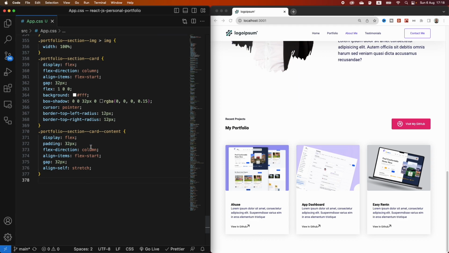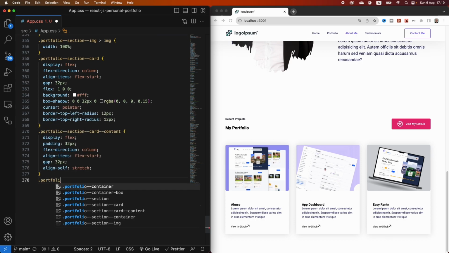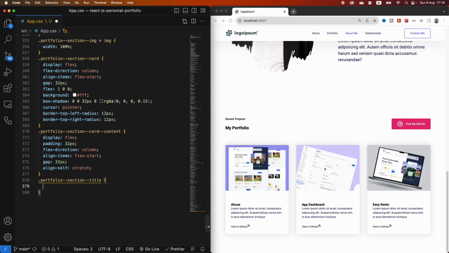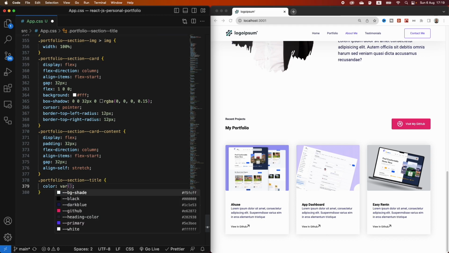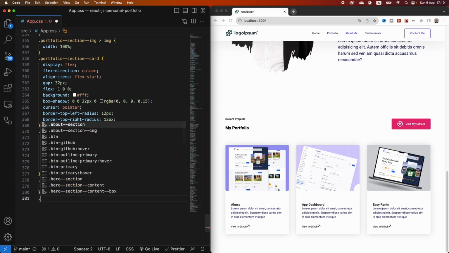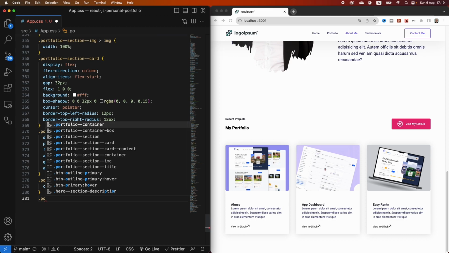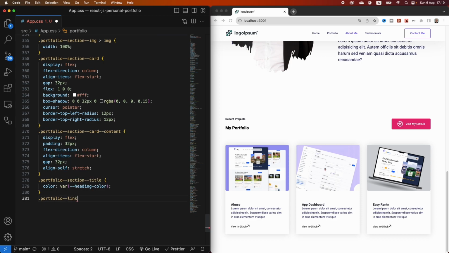Now we can move on under our portfolio section card content. We're gonna target our portfolio section title, and we're gonna target color variable, heading color, and then we're gonna target the portfolio link,